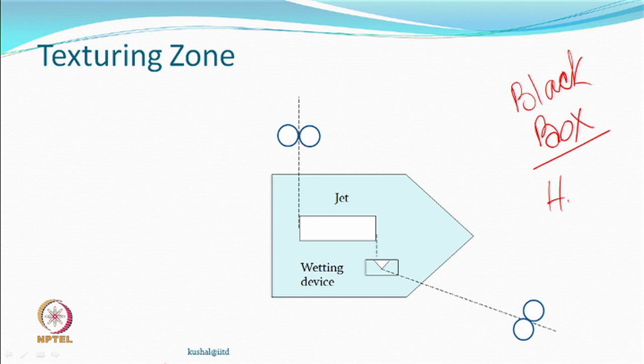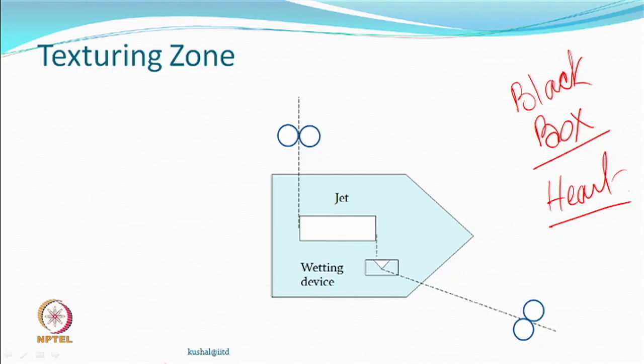But it is the heart of the machine. If one opens the texturing zone, it may be a box. The box may have a lid which you can open. It may have a threading sequence, where the yarn is coming from somewhere and getting out. Between these two sets of rollers, you have overfeed.